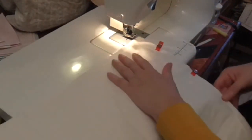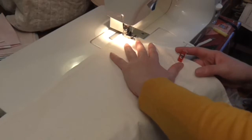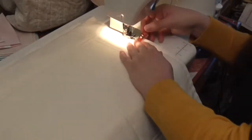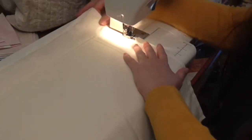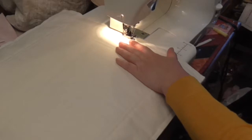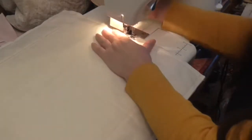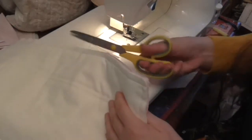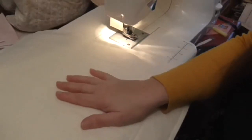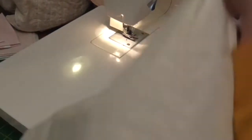There we go, and then we're just going to finish off on this last bit. Just make sure everything's down flat where they overlap. I'm going to just go over where I started, over those stitches. There we go. Some scissors, and you just want to trim those threads where you've started and finished. On that side